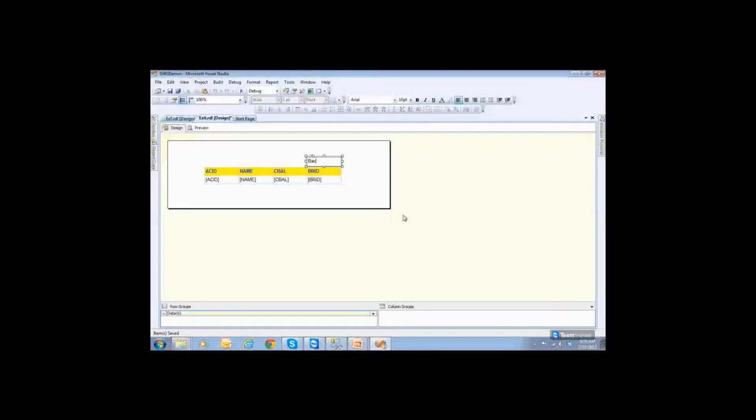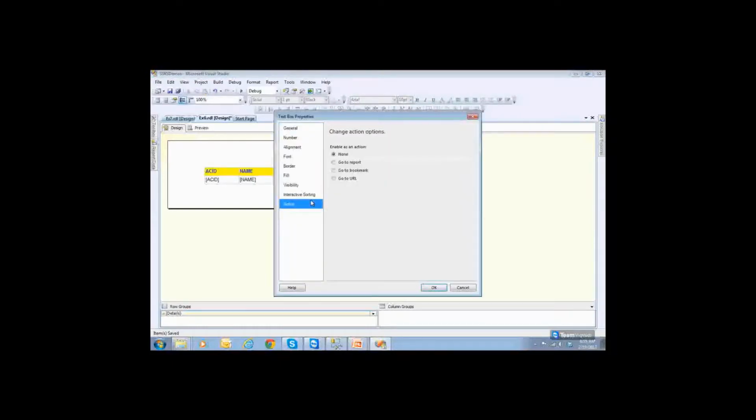Back. So, and make this hyperlink blue and underline it. And when you click on back, you need to go back to that report. So click here, right click, text box properties, go to action, go to report. You need to jump to report number 7. Report number 7 does not need any parameters, so there is no issue here. Click go.